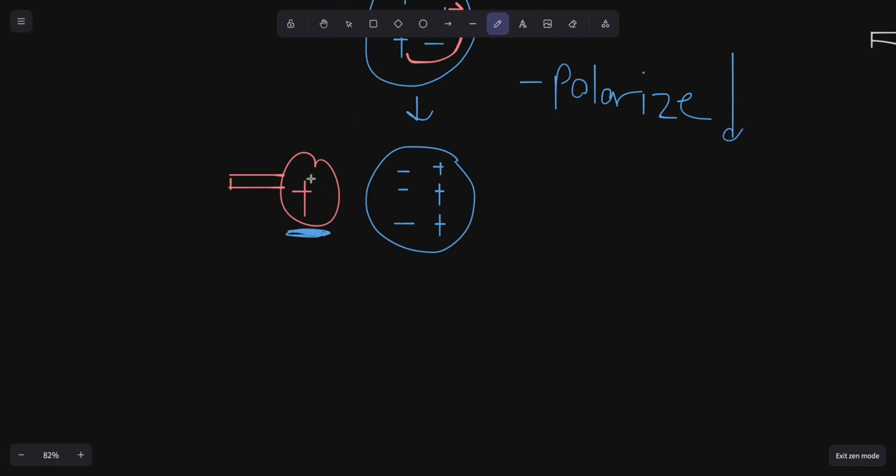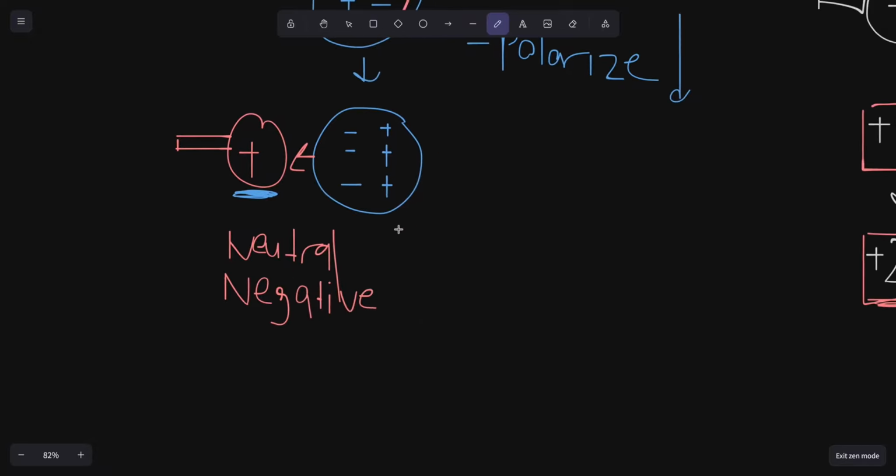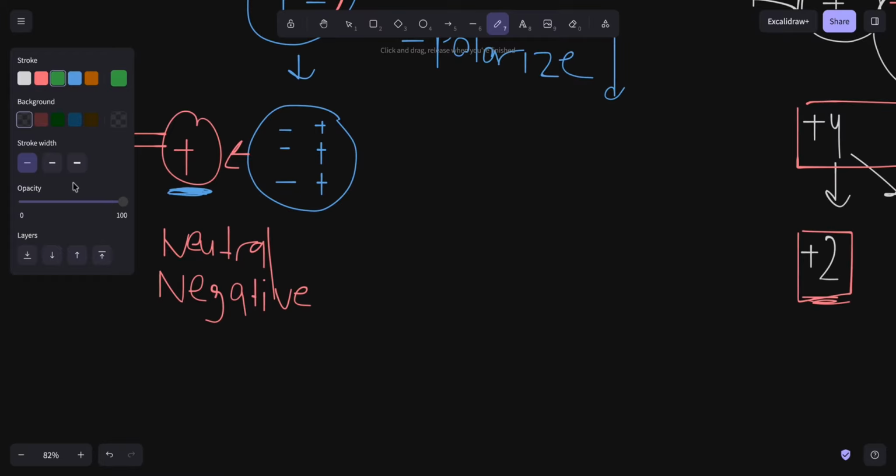So the key thing to note is that if I have a positive charge, then I can make a neutral object, or I can make a negative object, of course. If I have a positive charge, I can make a neutral and a negative charged object attracted to it via induction. And likewise,